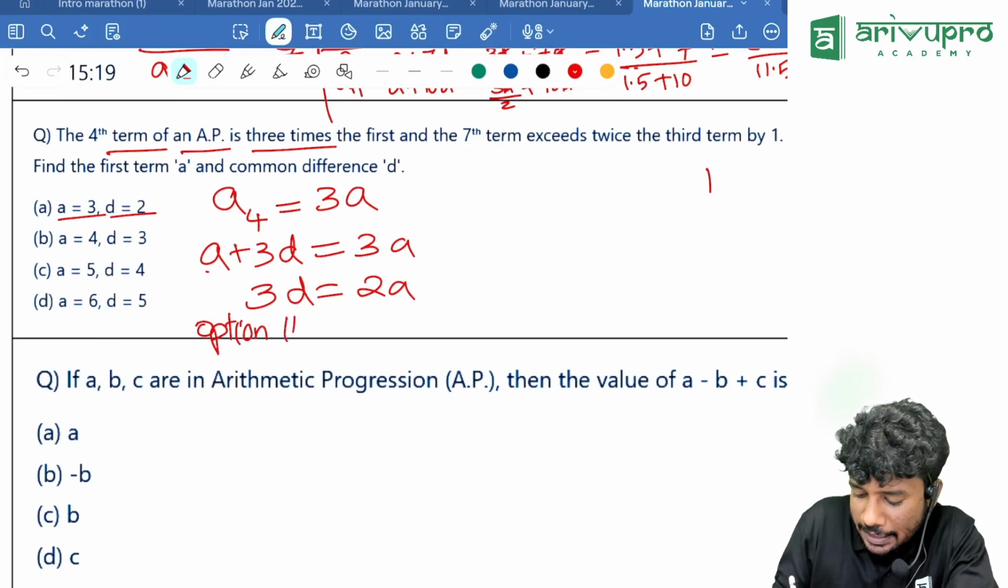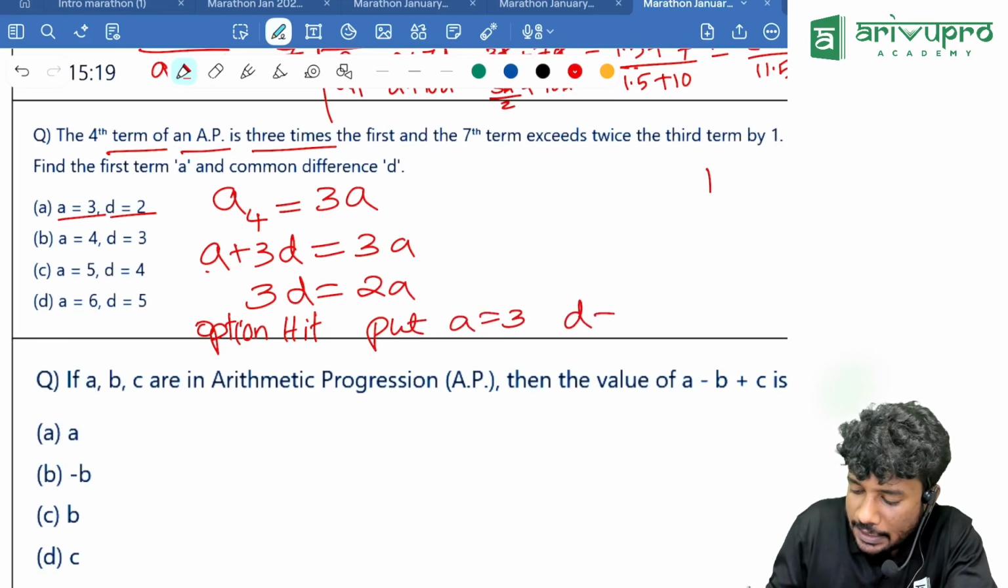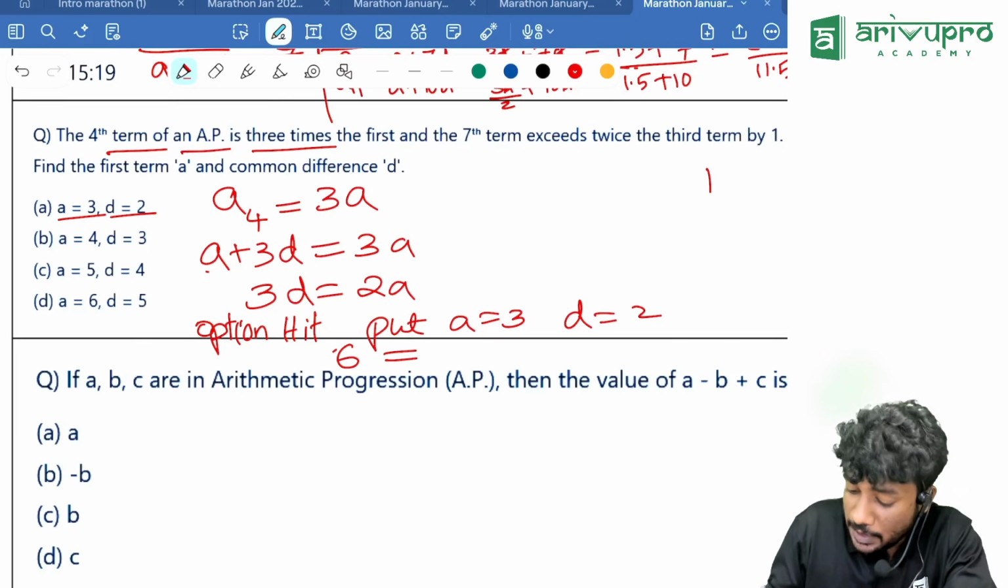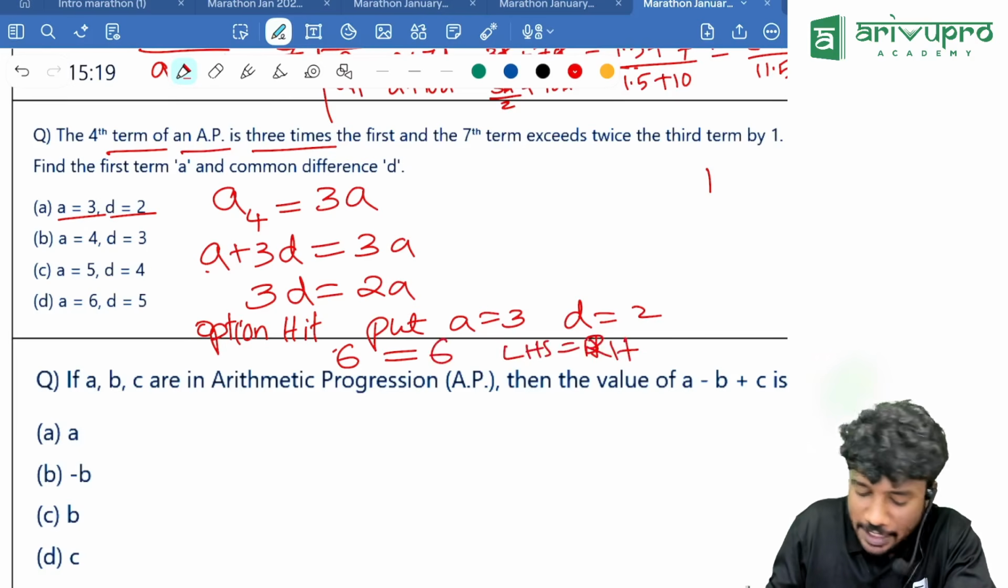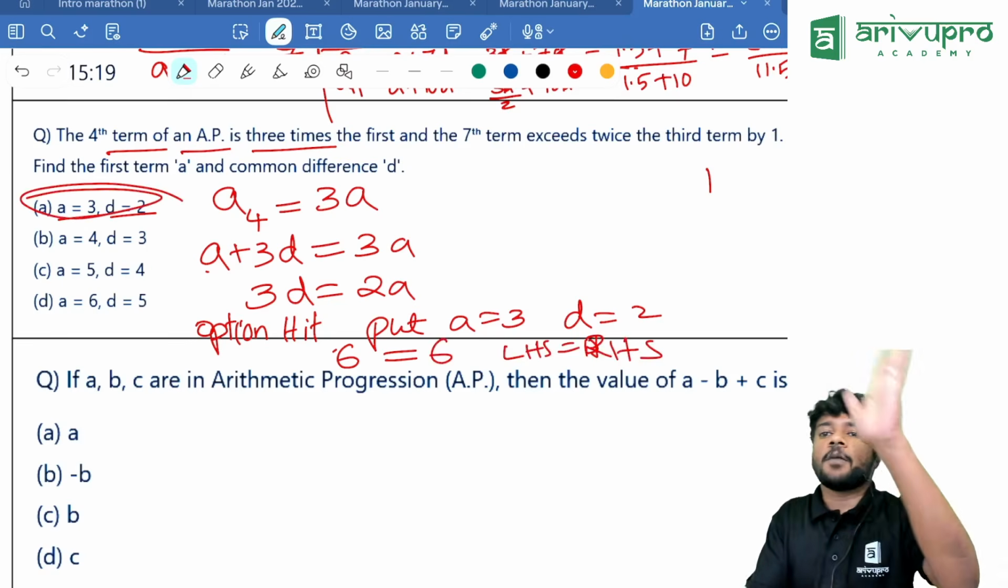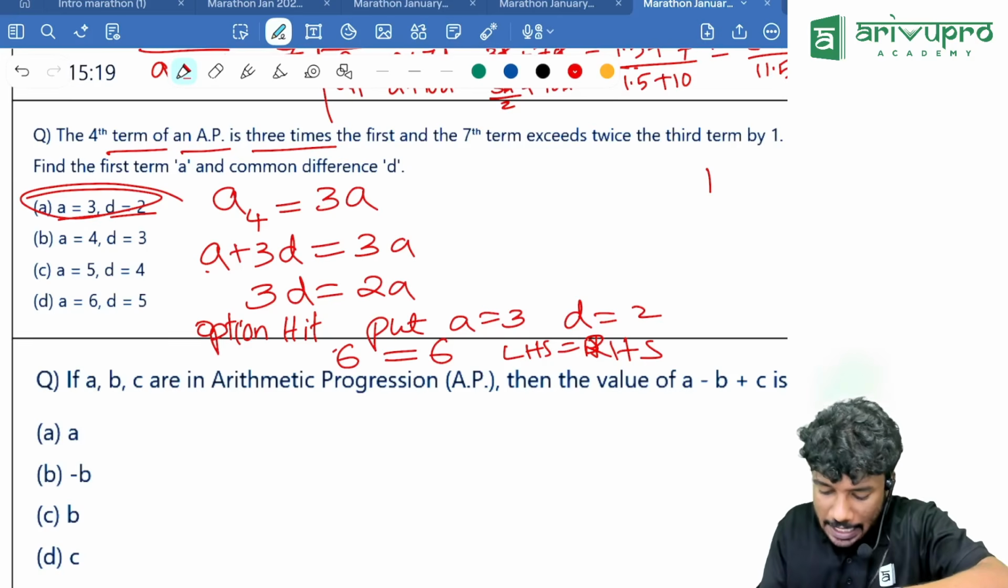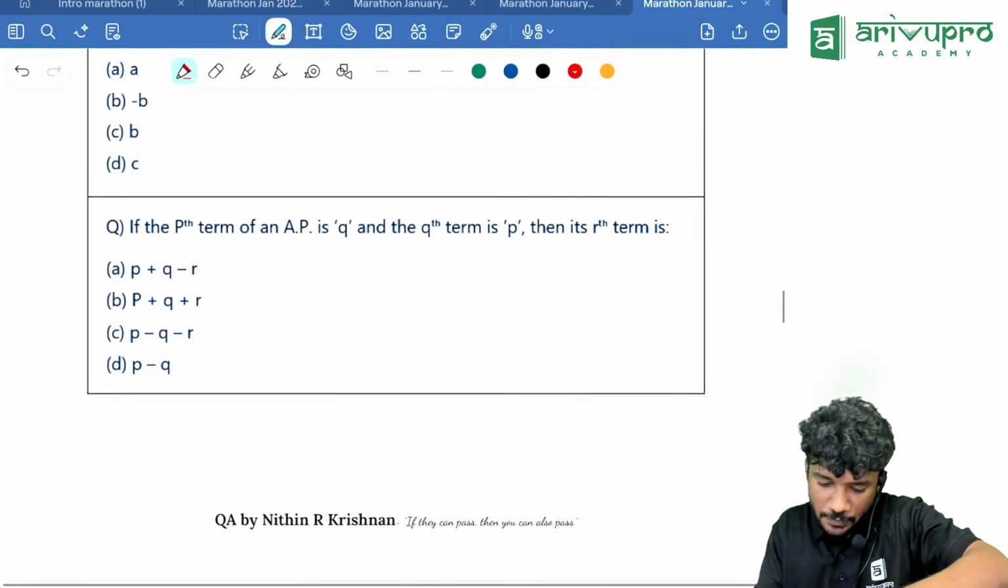Option hit. Put A is equal to 3 and D is equal to 2. That means 3 into 2 is how much? 6. Which is equal to 2 into 3 is how much? 6. That means LHS is equal to RHS. That means which option is the right answer? Option A is the right answer. Did you get the point? Yes. Now people,